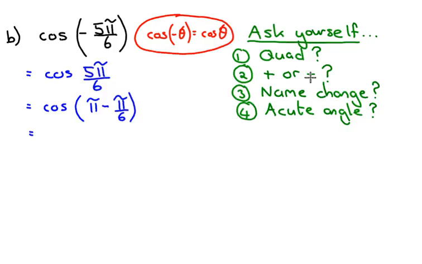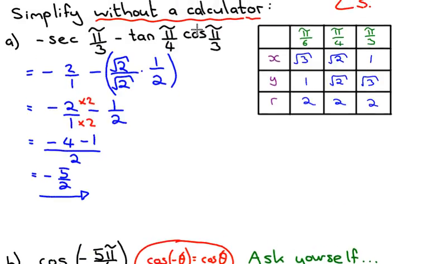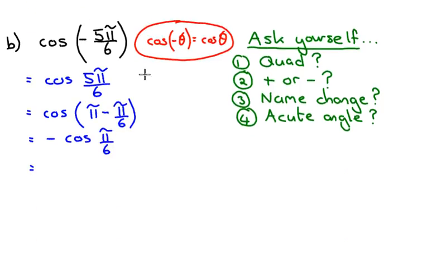Now let's just go back to the second quadrant. Is it positive or negative in that second quadrant? Well, cos is negative. So it's going to be negative cos of my acute angle, which is pi over 6. Let's go back to our table. Cos pi over 6. Cos is x over r, so it's root 3 over 2. So I've got negative root 3 over